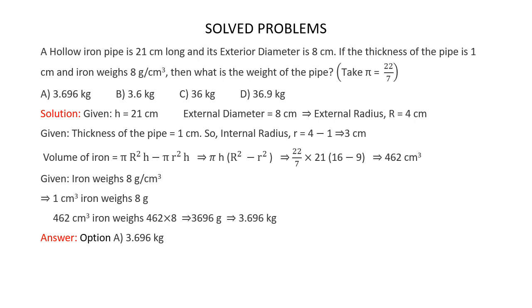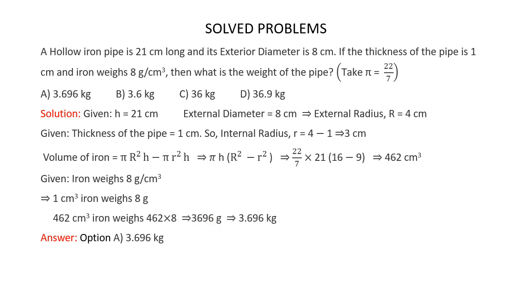Now it's given that iron weighs 8 grams per centimeter cubed, which means 1 centimeter cube iron weighs 8 grams. But we have 462 centimeter cube iron. So 462 centimeter cube iron weighs 462 multiplied by 8, which is nothing but